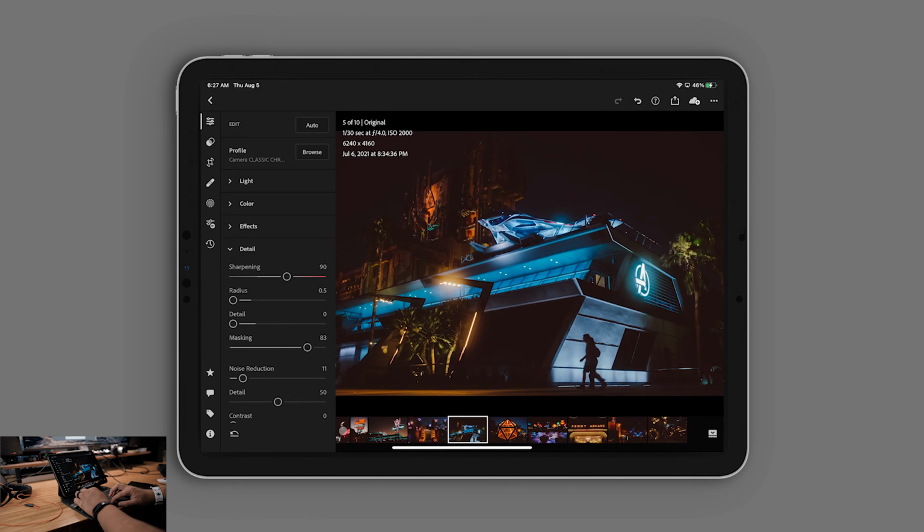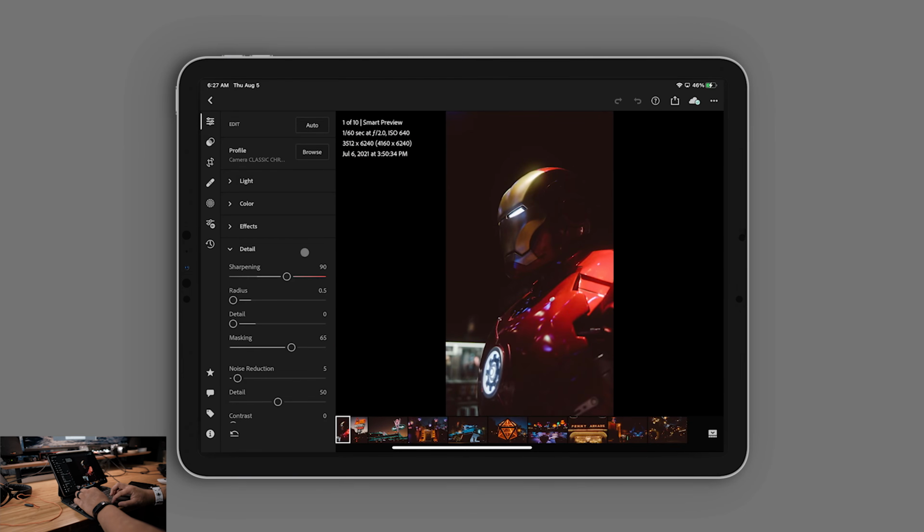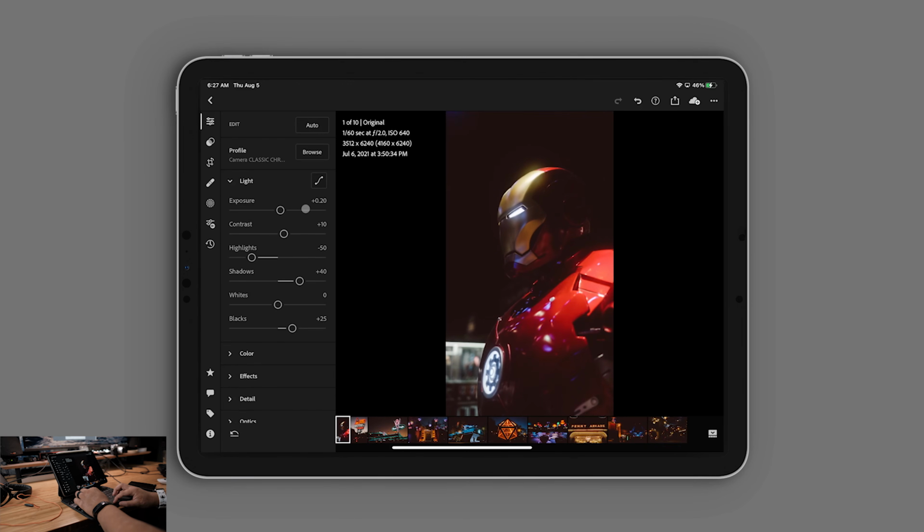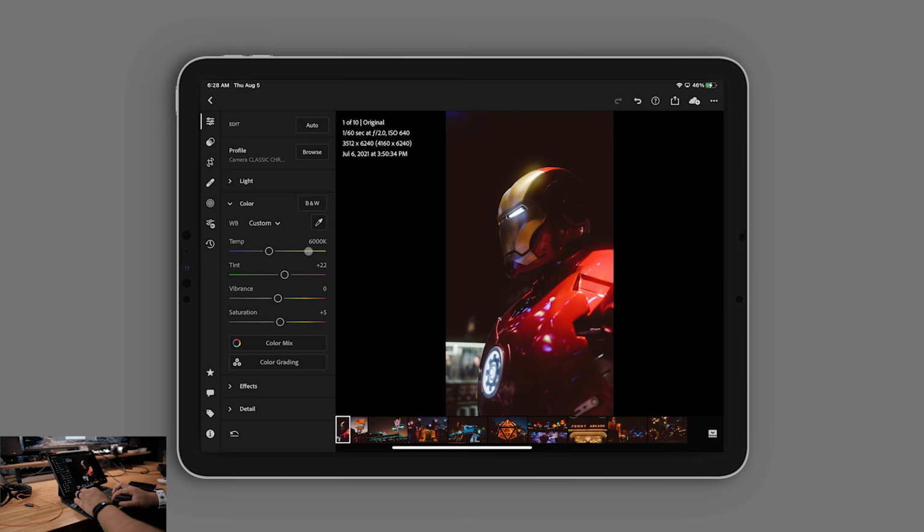Let's see, let's edit this one right here. This one looks a little bit too faded for me, so I'm going to bring up the contrast, and then bring down the highlights a lot. Oops. Pop up the shadows, and then add some warmth here. It is really kind of